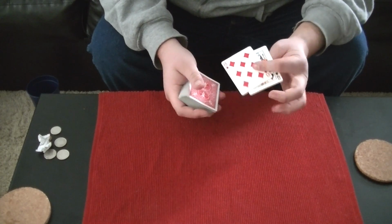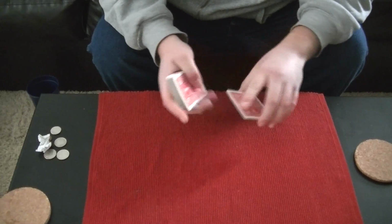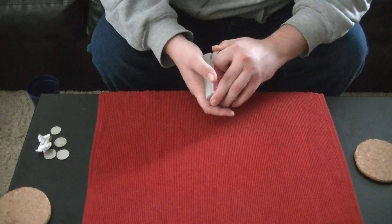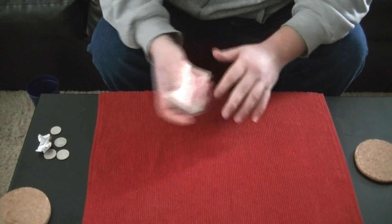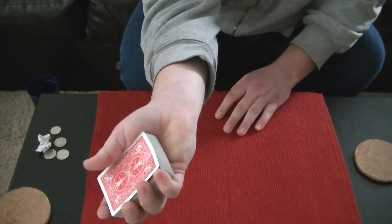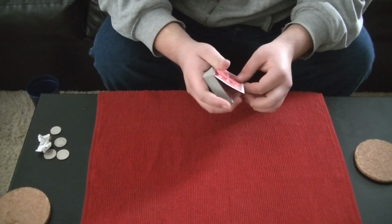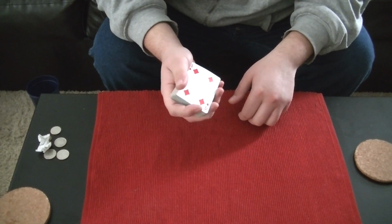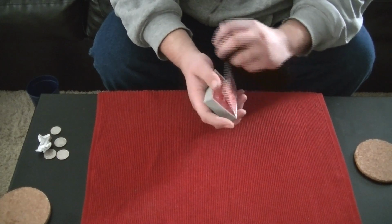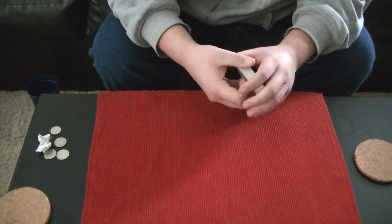So obviously by the name, you can tell that you're picking up two cards as one, and you always want the spectators to think that you're picking up one card. The way that I get my double turnovers and my double lifts is that I riffle up the back of the deck until I have two cards left in my hand, and I catch a pinky break, which you can see right there. Now that pinky break is invisible to the front of the deck, so the spectator does not see the fact that you turn over two cards, catch yet another break, and then flip it back over,